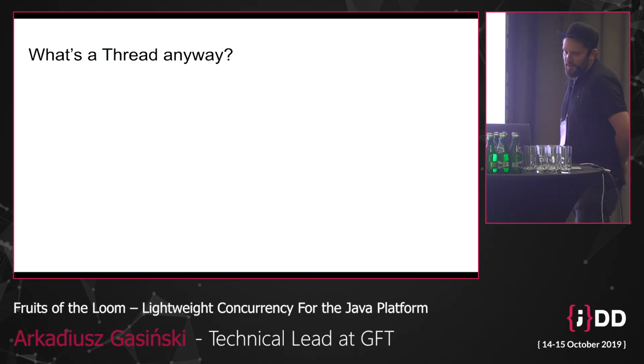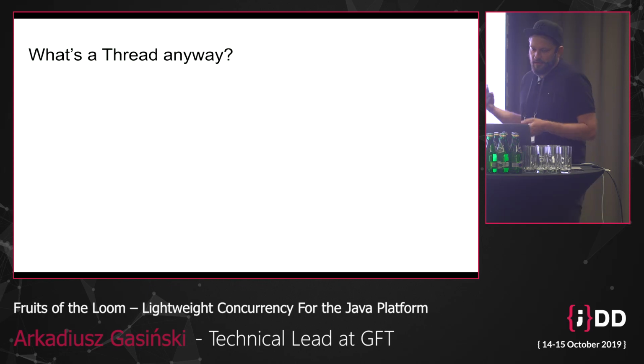So I think that we have some understanding of what a thread is, and let's try to generalize this definition even further. I believe most of you are familiar with the term context switch. It's actually a process of storing the state of the currently executing task and saving it somewhere to the side, and restoring the state and resuming the execution of some other task that is ready to run. And actually, this process is performed by the entity that we usually call a scheduler.